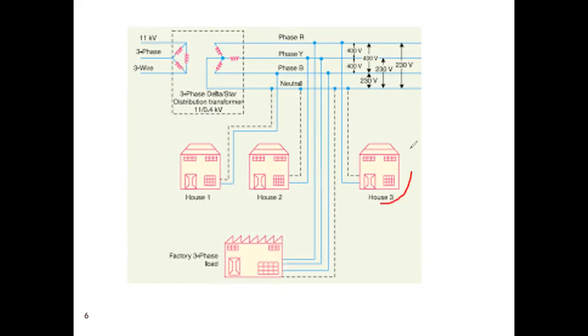And again, house one, house two, house three require single phase supply. House one is connected to line B, house two is connected to line Y, and house three is connected to line R. So in these sessions, one important point is that